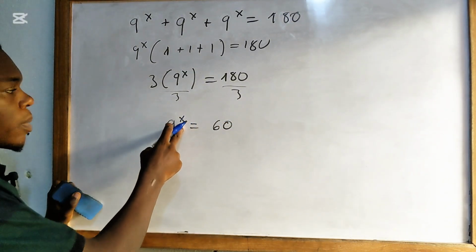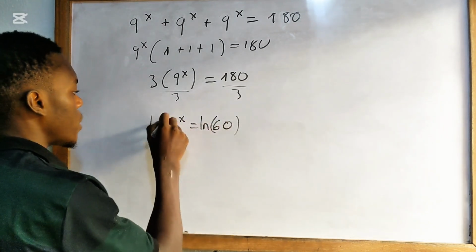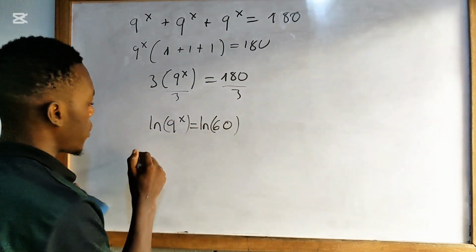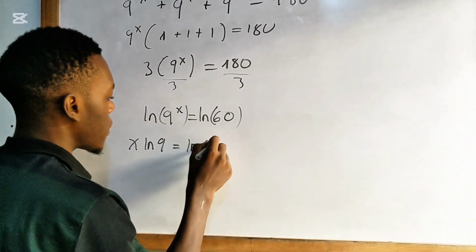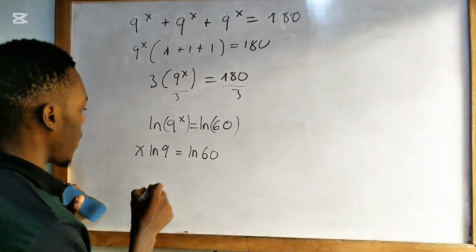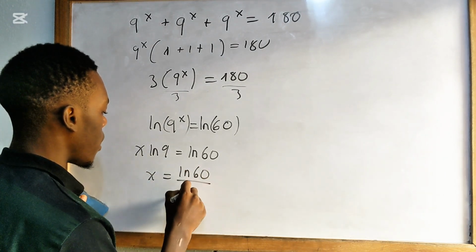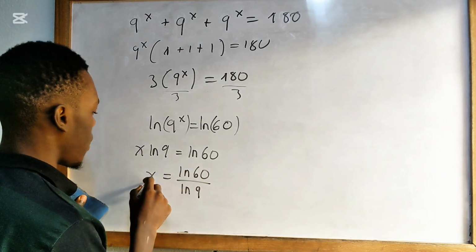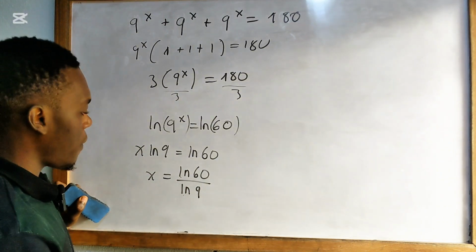Since x is a power, we can put ln here and ln here. We're using logarithms to bring the power down. Hence, we can have what? x ln 9 is equal to ln of 60. Hence x is equal to ln of 60 divided by ln of 9. x equals ln of 60 divided by ln of 9, and that is what we have as a final